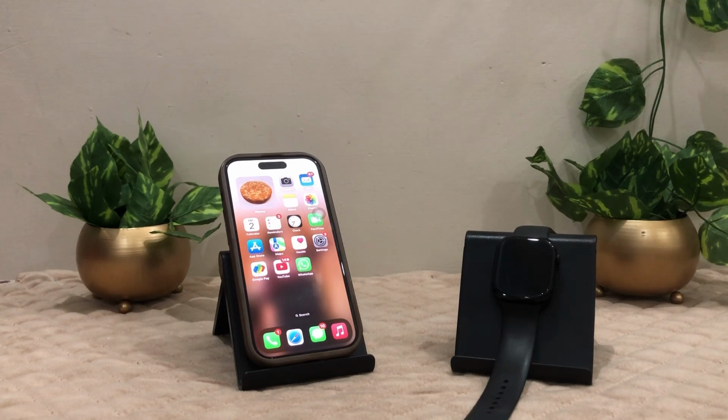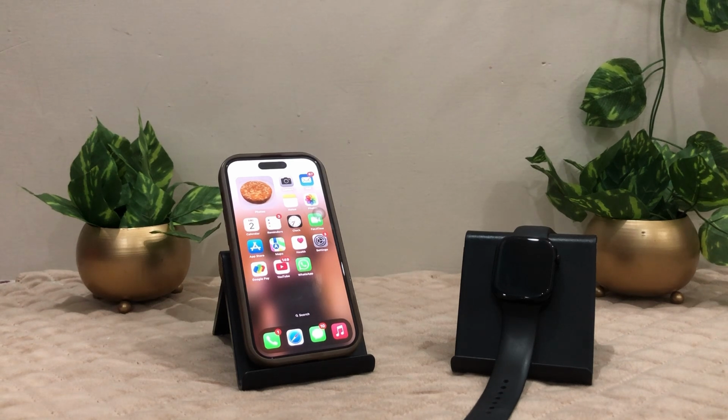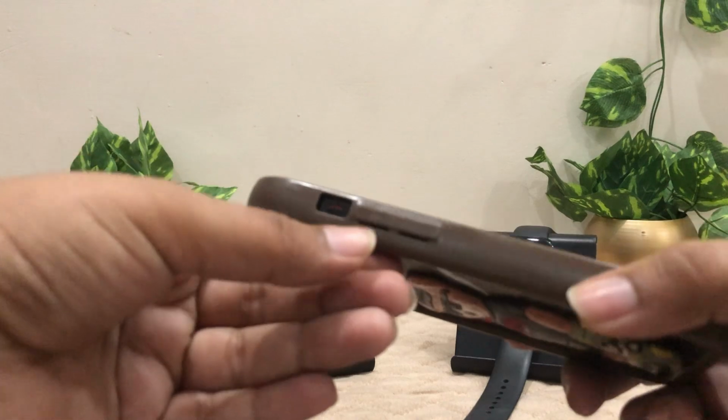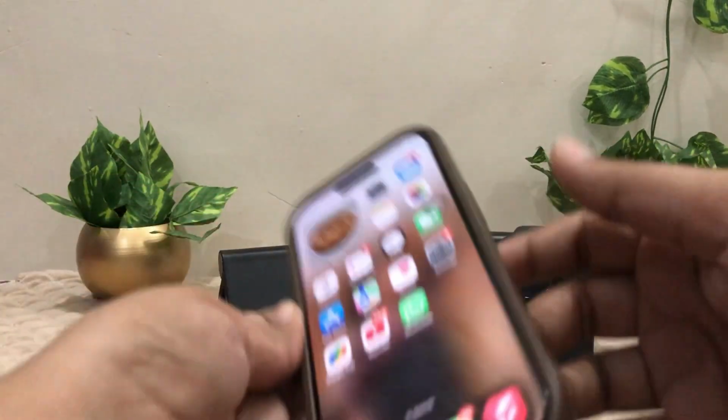Now, how to do it? I know everyone doesn't know about it. Now, I will explain how to give a quick and a force restart to your iPhone so that you can resolve these kind of small glitches. So, let's go. As you can see here, there is the volume up button, then the volume down button, and then here